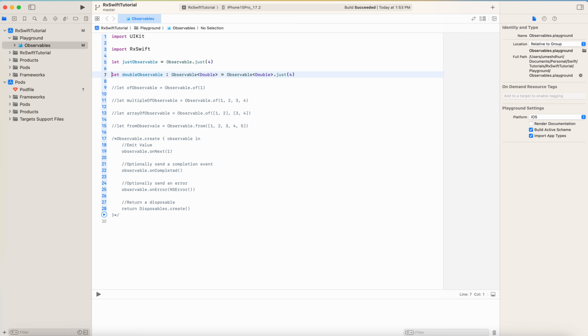Now let's talk about the types. You can explicitly set the type of observable. Here we can create an observable that emits a double. So instead of a single integer, we are going with 4.0. If you notice the syntax, we are specifying Observable with Double, which tells RxSwift exactly what type of value we are working with. So moving on next,